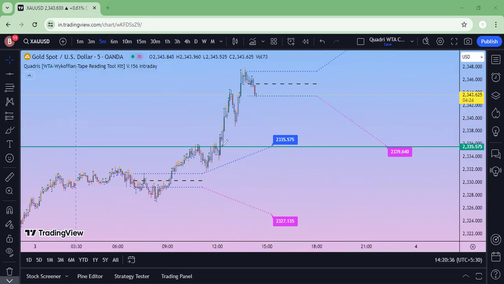The thing with these levels is that many a times, like 70 to 80% of the time, these levels act as dynamic or static support and resistance. Once the target is achieved, either price will reverse from this particular target, or it will break out and then test and then continue its upward journey, or downward journey. You're getting my point? Yeah, got it.